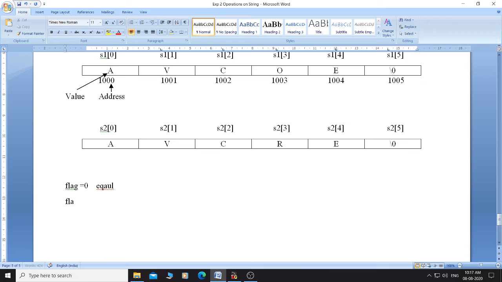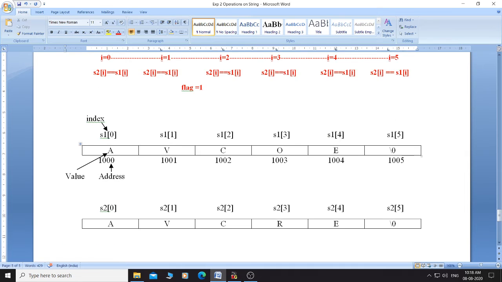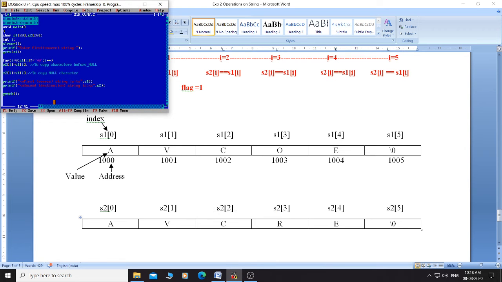And if flag is equal to 1, it means that the strings are not equal, meaning they are different strings. So this is the simple technique to compare two strings with the help of a variable flag. This is a theoretical description. Now we will go for the actual practical with the program.